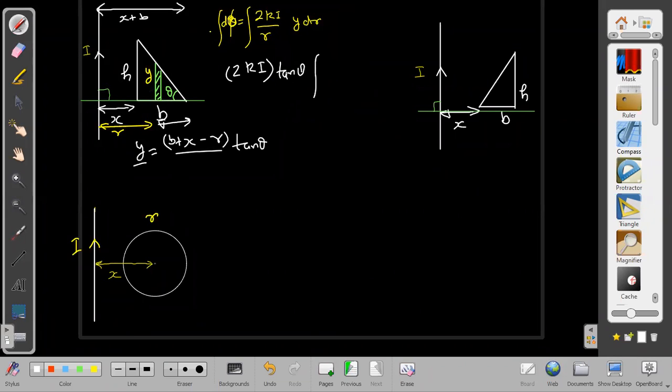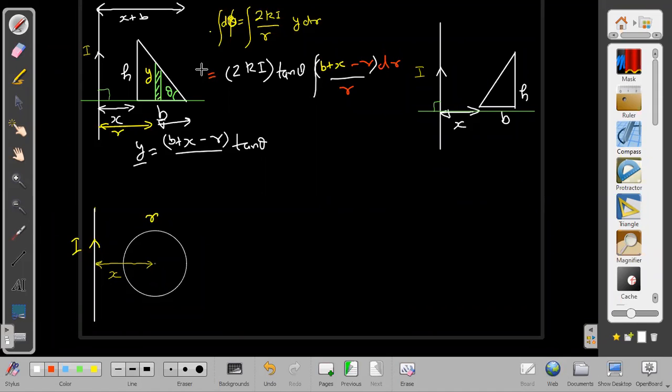So I can put the integral into what you said, B plus Bx plus x, B plus x minus r. This r only is the main variable here, into dr. Other things are all constants only, divided by r. This r is r in the denominator also. These are variables, so we have to take care of these things. Remaining all are constants only. Limits of r go from x to b plus x.